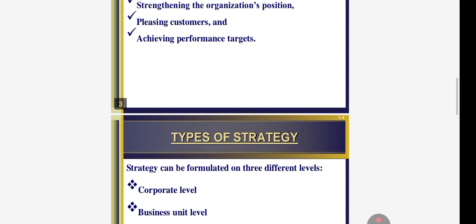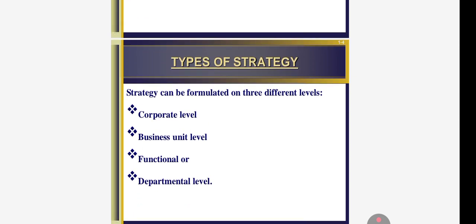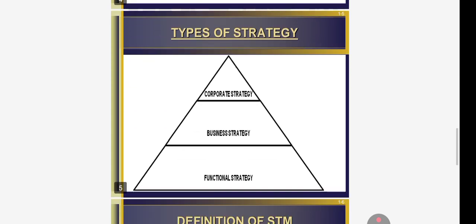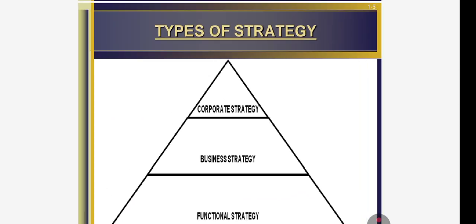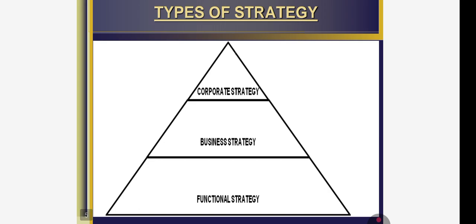So now let us see the various types of strategy being adopted. If you look at that, the broader classification says that there are three types of strategies at various levels. One is at corporate level, one is at business unit level, the third and the last is the functional level, or it may be called department level. So we can see that diagram here. This is a pyramidal diagram. It gives you the clear picture about how the various strategies are being formulated at the various stages.